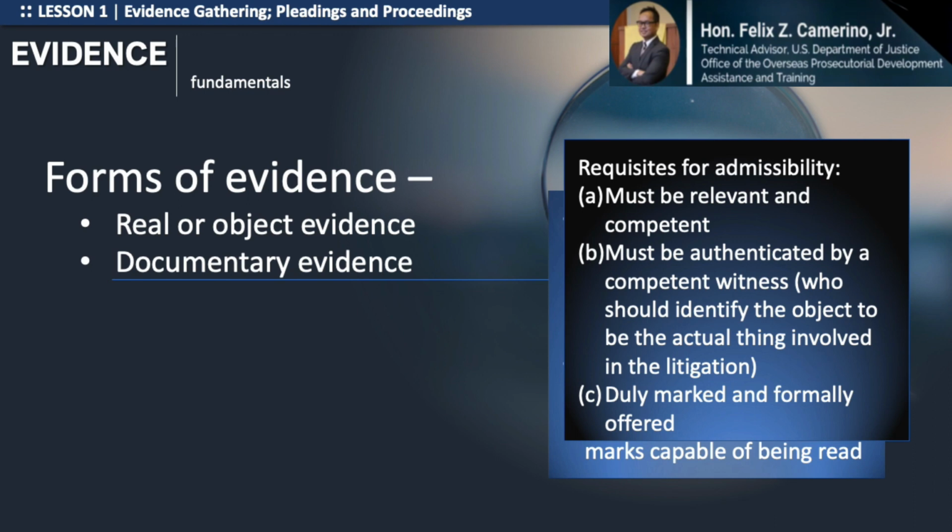But if it's something virtual like electronic evidence, digital evidence, where you can't really mark it, maybe you may be able to mark the flash drive where it is stored, the flash drive or an external drive, but not the actual data itself, okay? And there's a need to actually mark the data itself, at least identify it, because